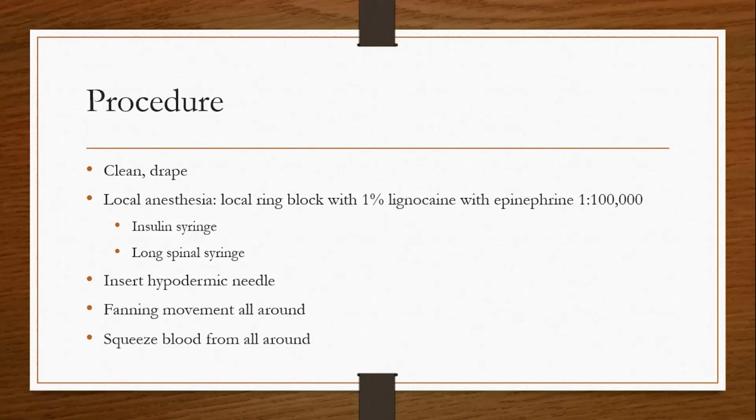Yeah, so during the procedure, we should clean the area, we should tape, and then local anesthesia is a must because this is a painful procedure. Local anesthesia can be given in two ways. I personally try both: one with a field block with an insulin syringe, and sometimes I block the field with a long spinal needle as well. We can give local anesthesia over the affected area in both ways.